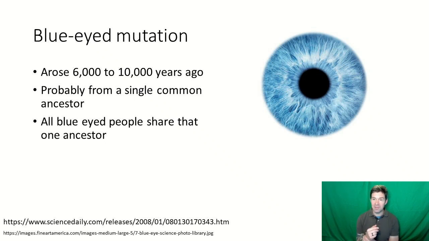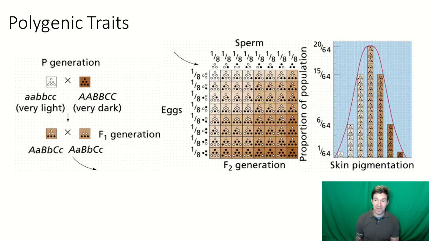In this case, we think that the blue-eye mutation arose somewhere between 6 and 10,000 years ago. I've heard other articles quote closer to 15, but still not that long ago. Before that time, there were no blue-eyed people, right? It didn't exist. And so probably all blue-eyed people come from that one population in which this mutation arose, and they think it's somewhere in the Middle East where the blue-eyed mutation arose, right? So we are all mutants, and mutation isn't necessarily a bad thing. It's going to be something that maintains diversity in the population, that allows evolution to work.